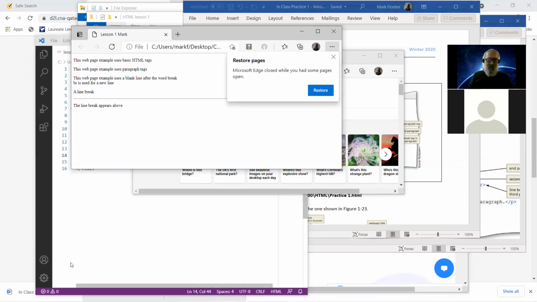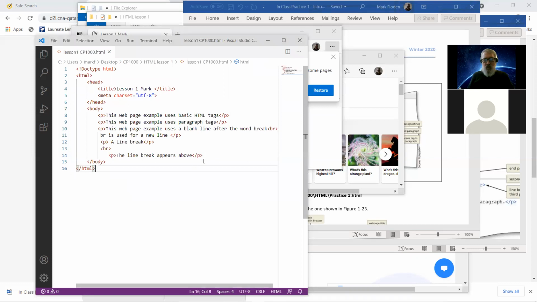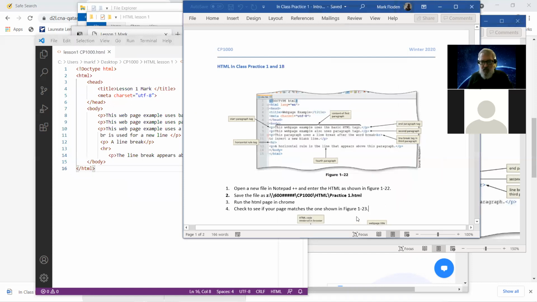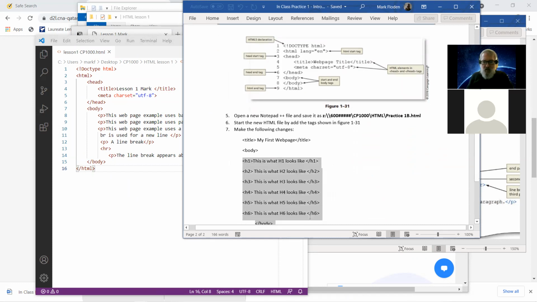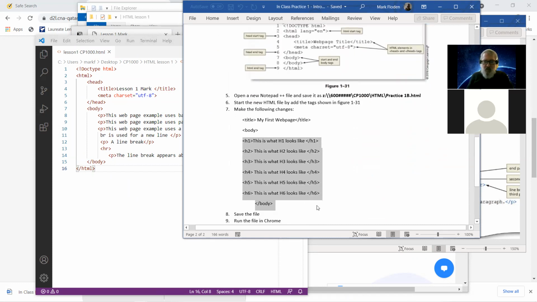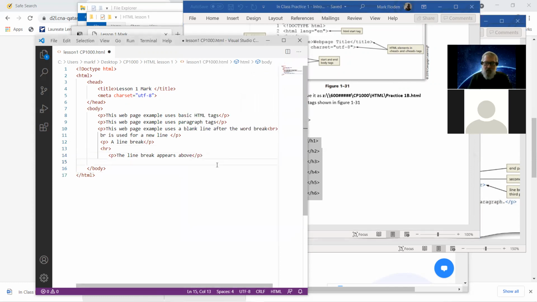Now, the next thing that's going to happen is you've got another one that you have to do. And I don't think I'm going to have time because I've got like 3 minutes left. But you have to create this one, which has these things here. That's kind of easy that they're in Word, because that means that I can copy them, right? So if I copy that, I'm not going to make a new page. I'm going to put that in this page, right? So if I put it in this page here,